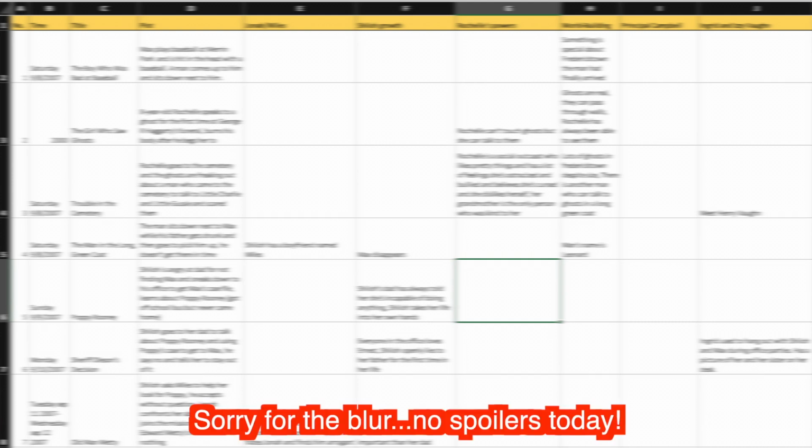So I had to recover this file, so as you can see, a lot of the boxes are empty because this, I think, was saved at a time when I was still in the process of creating the plot grid. The book has also changed a lot since I wrote this plot grid. A lot of the characters have new names, there are a lot more subplots that were added, but as you can see, I have the number, the time, the title, the general plot, which is essentially the main plot